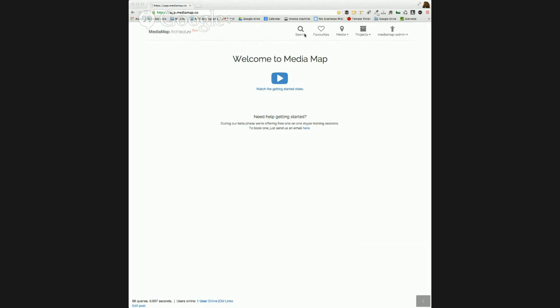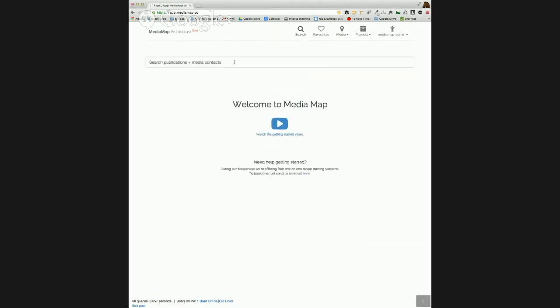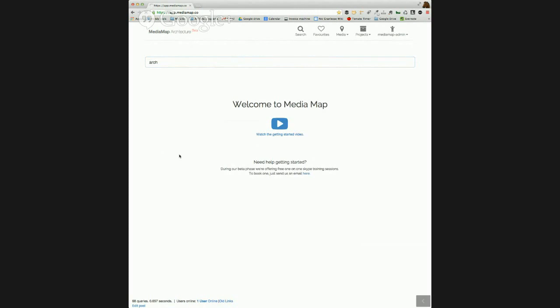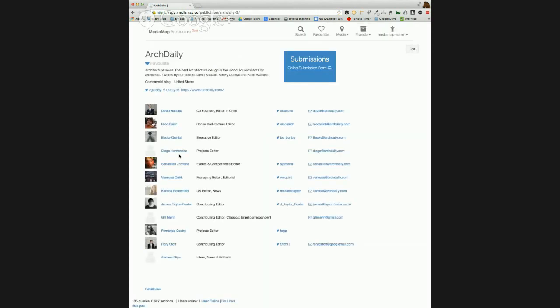Anyway, so in a really basic way, what we can do here is we can type into MediaMap and find all sorts of media. And we've already put in about 900 publications, and we've got about another 900 people. And we're trying to track all this information in a smarter way than that Excel spreadsheet that I showed you before. We're trying to create something which is a live document. The problem with an Excel spreadsheet is as soon as you do all your research, it's out of date, especially if you're trying to track things like audience sizes or Twitter accounts and so forth.